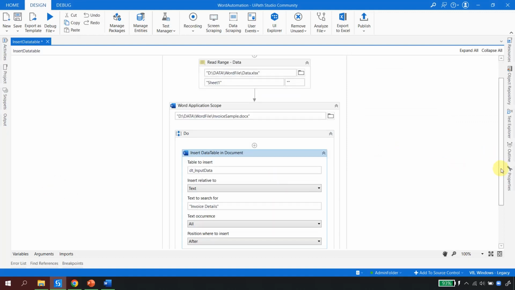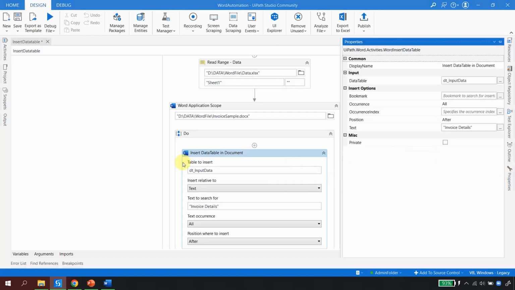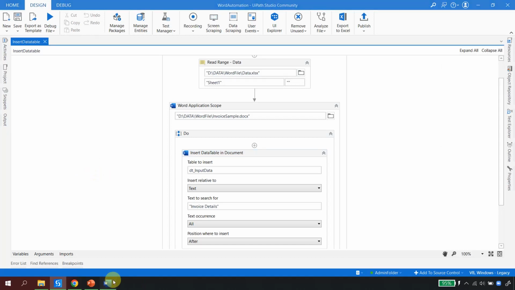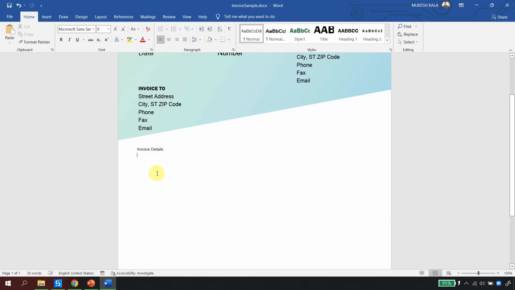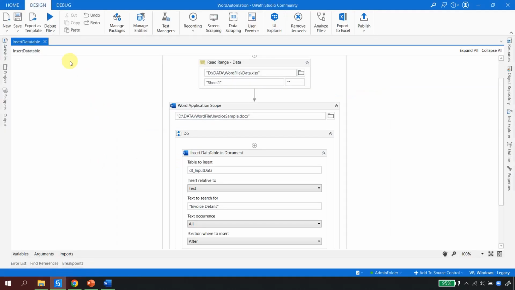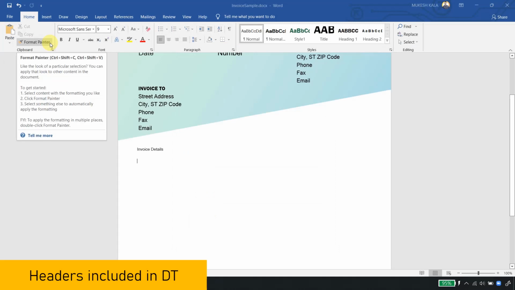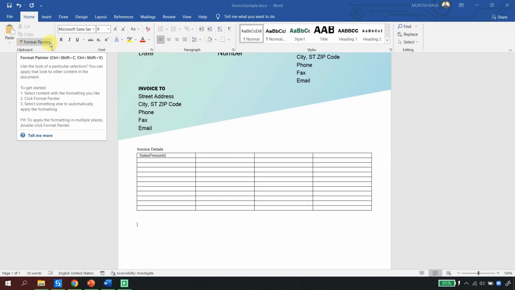Okay. Now let me quickly go here. I'll save everything. I'll again go. Let me just go and delete this guy. Okay. So invoice details is here. I'll do a save. Let me go here and run the file. Okay. This time I have added the headers, so UiPath will not automatically add the headers while creating the data